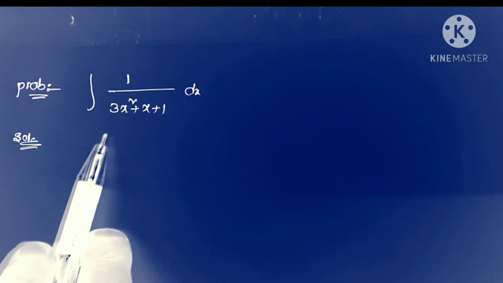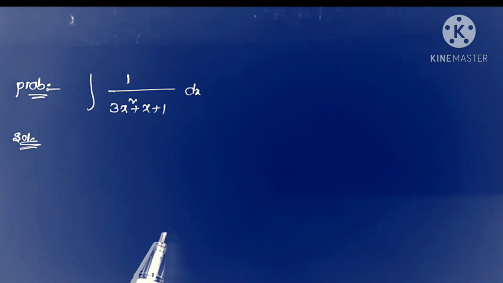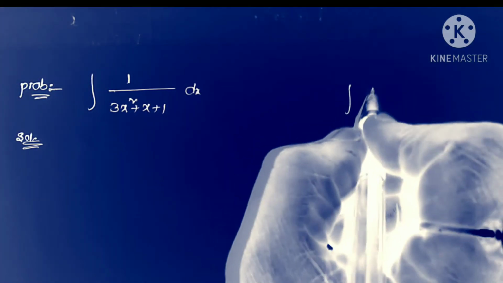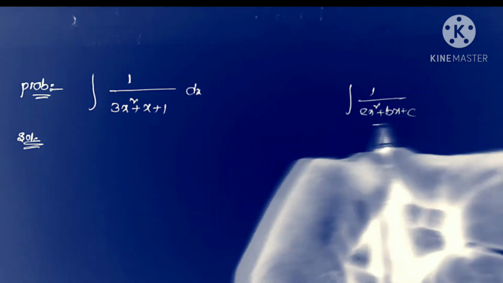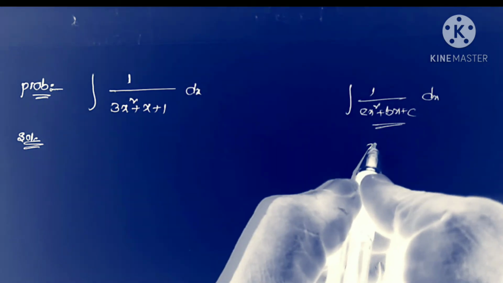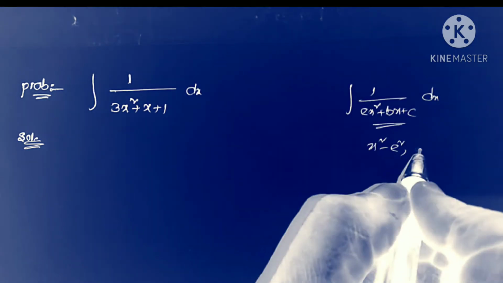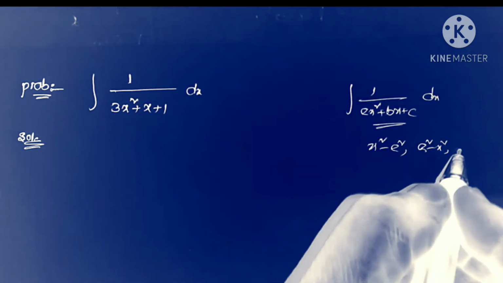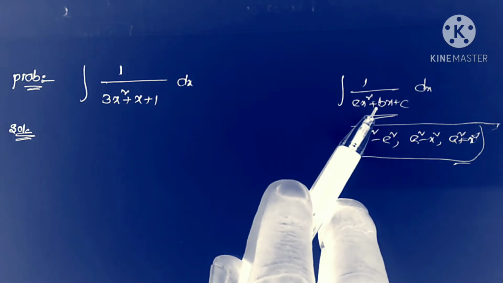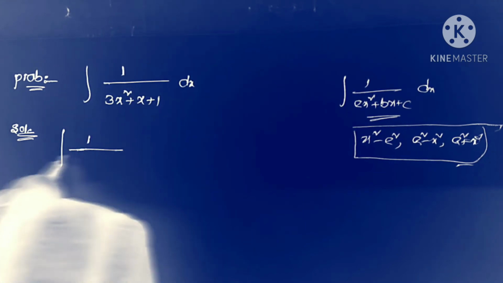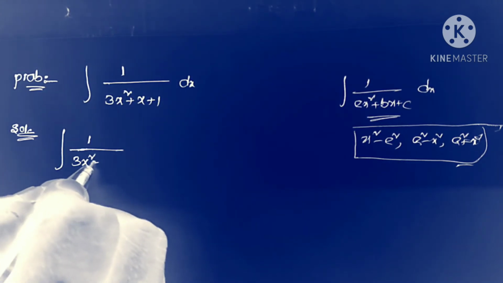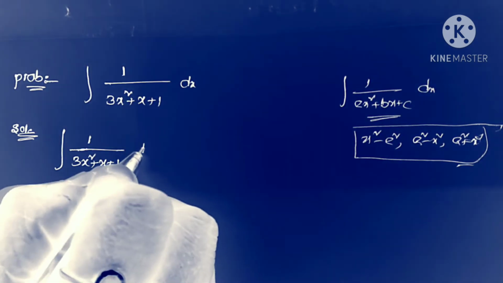Next problem, integral 1 by (3x square plus x plus 1) into dx. Now this is also in the form of integral 1 by ax square plus bx plus c. That is, we have to convert the denominator into the form x square minus a square, or a square minus x square, or a square plus x square. We have to convert the denominator into any one of these forms. So first we write the given problem, integral 1 by (3x square plus x plus 1) into dx is equal